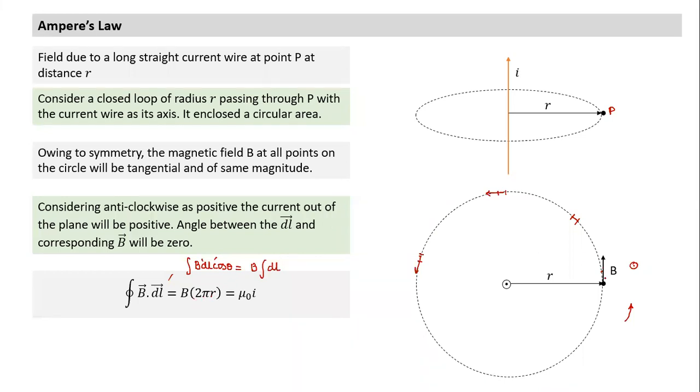So the line integral of B, the magnetic field at a distance r, over this loop is equal to B into 2 pi r. What has that to be equal to? It is equal to mu naught into the current enclosed by this area. What is the current piercing through this area? The current piercing through is I, and the dot direction is positive, so I take this current as positive: mu naught I. So what is B equal to? B is equal to mu naught I by 2 pi r.